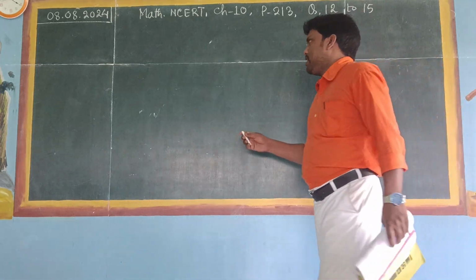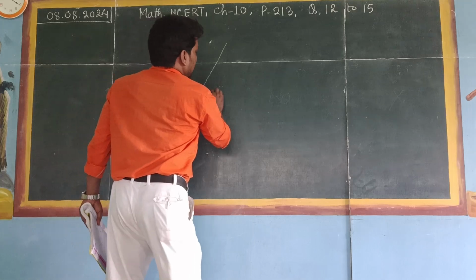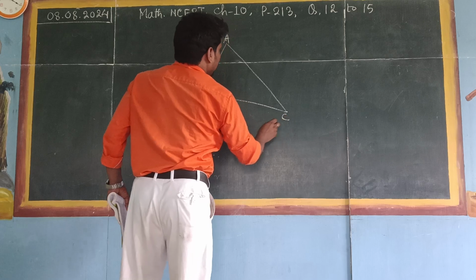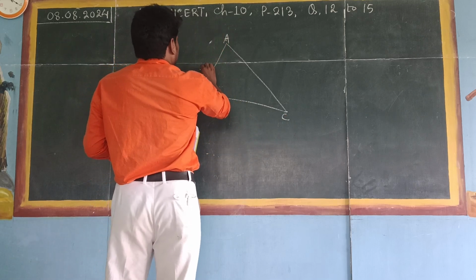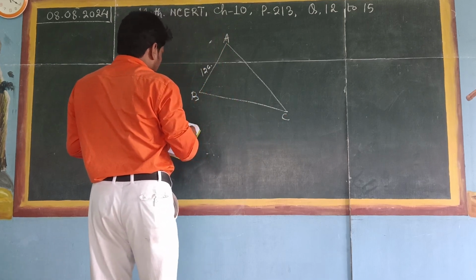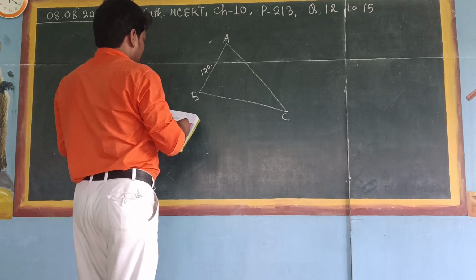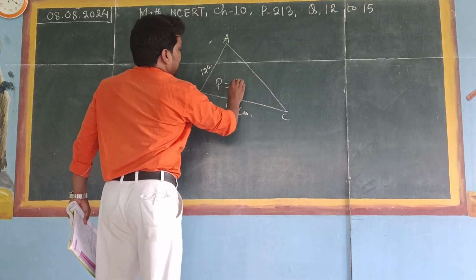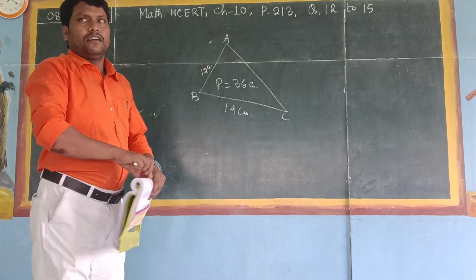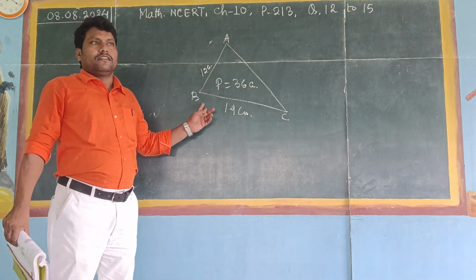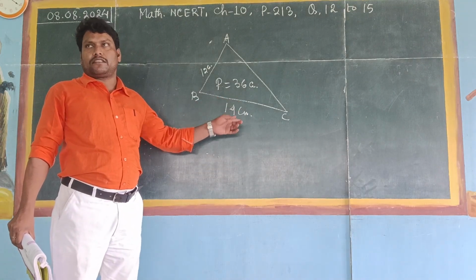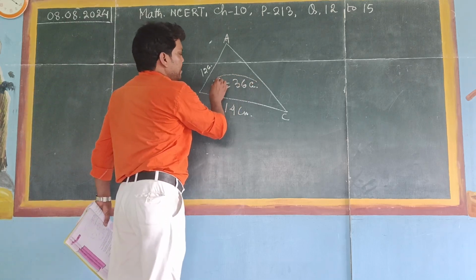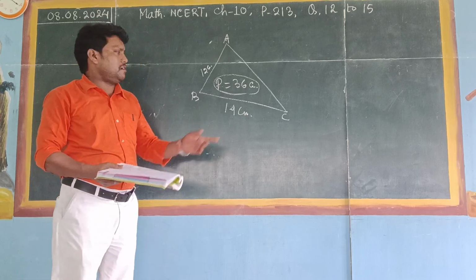We have already solved yesterday that suppose this is the triangle ABC. One side is 12 cm, another is 14 cm, and the perimeter is given 36 cm. So you know that the perimeter of a triangle is the sum of all sides. If the sum of all sides is the perimeter, and the perimeter is given,